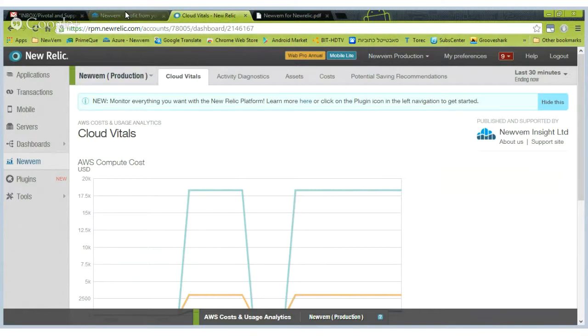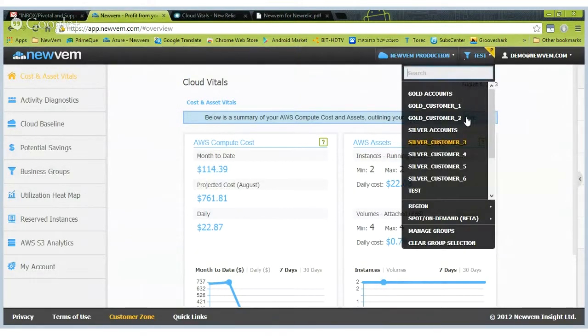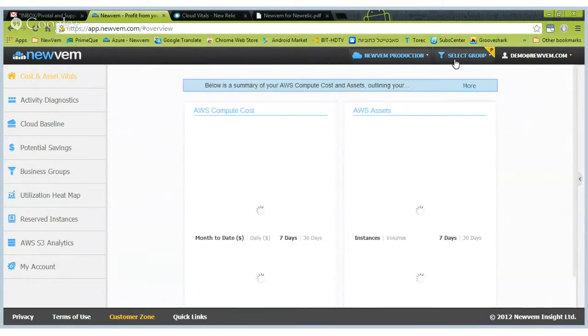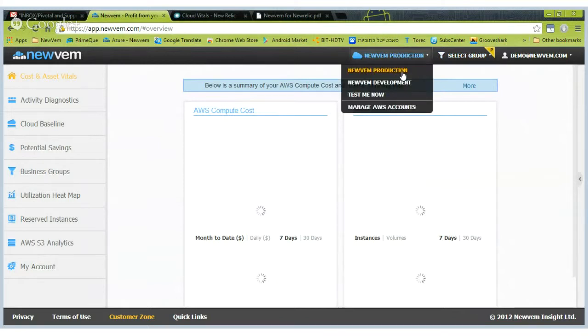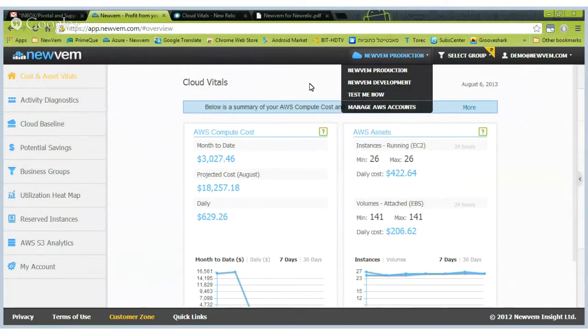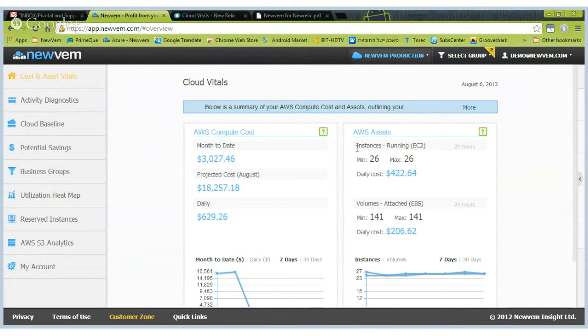So I will go back to the NuVim application and I will clear the group so you can see how we see the full infrastructure. Okay, this is my NuVim production account. As you can see, I can choose between the production and the development account, which I can also see inside of New Relic. And as you can see here, we are seeing 26 instances and 141 EBS volumes, which are costing